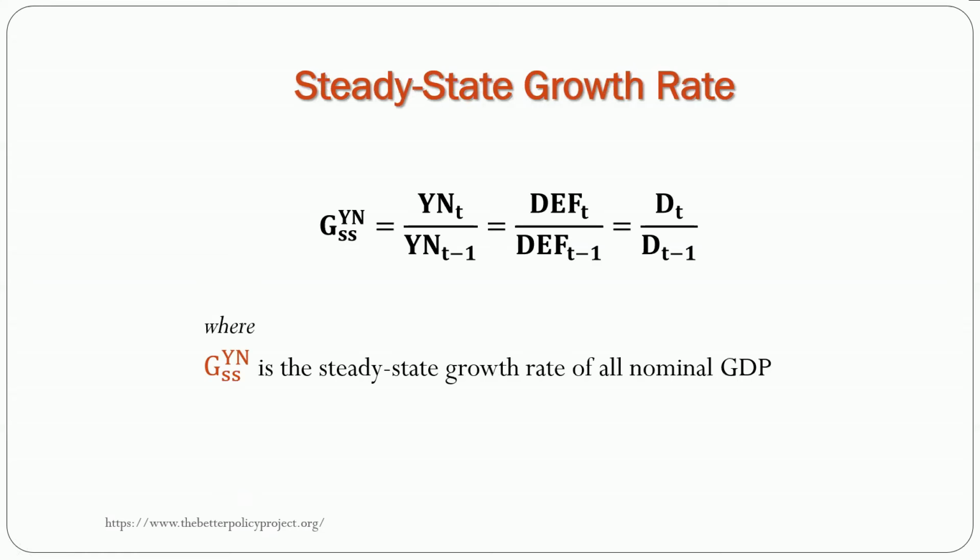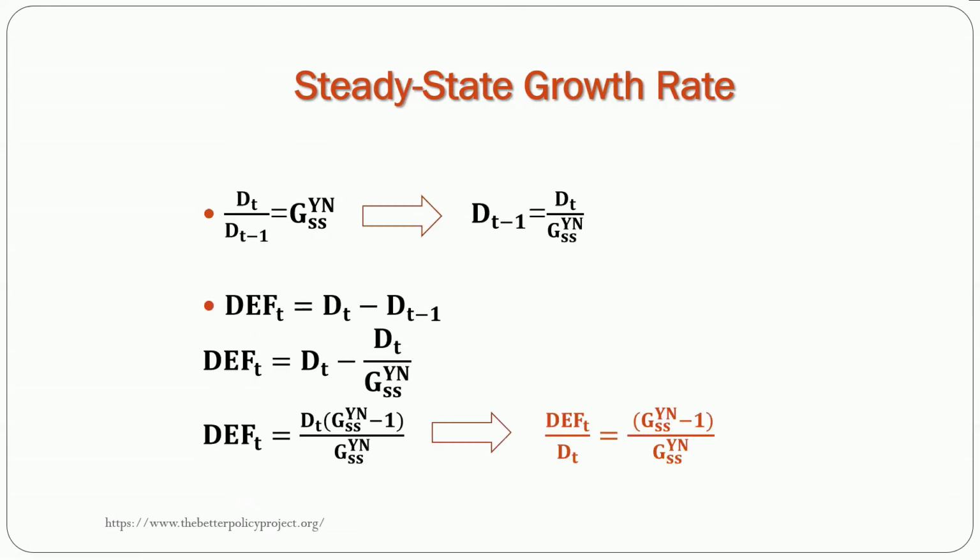Now, in steady state, all nominal variables grow at the same rate as nominal GDP. This leads to the following steady state relationships. By this definition, we have the steady state growth rate of nominal GDP. And for example, if we simplify this equation, from the first equation we can get